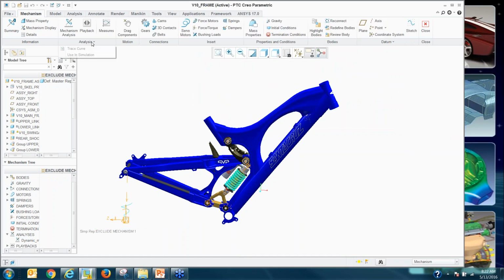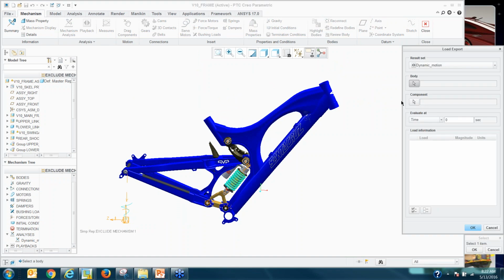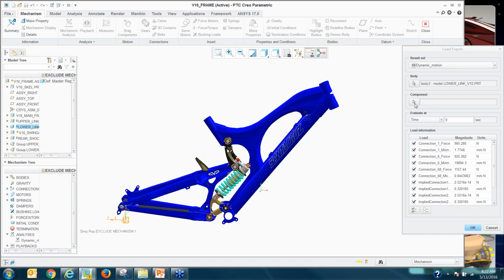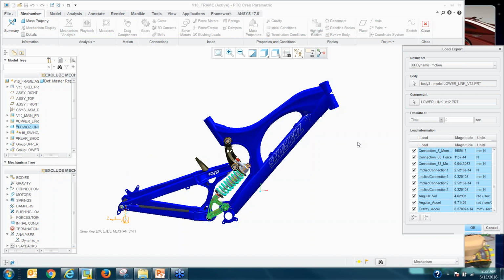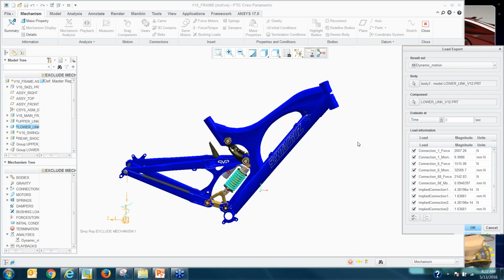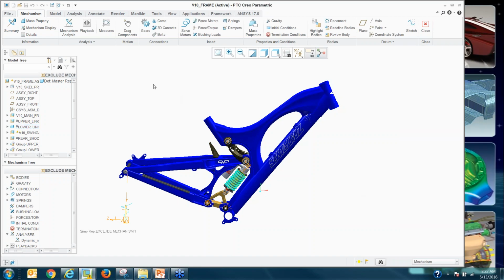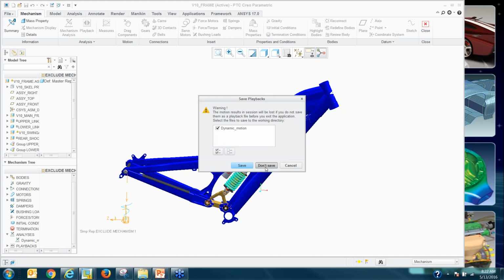within mechanism, there's a way to export force systems to simulation, right? That's what I'm doing. So the body and the component to which I want to export it is also the same part. That's the body forces, and you see how it has given me the list of forces. Now I could say I want to go for the single max loads, the maximum loads that I showed you in the graph, and maybe I just want to collect the forces, the main three forces, right? So what I've done is I've exported those forces,